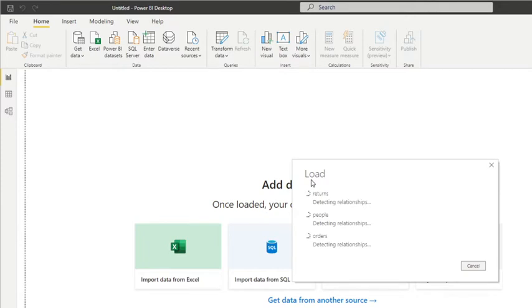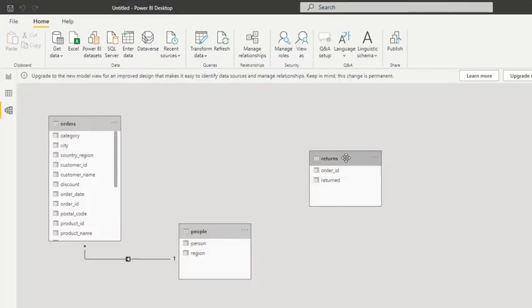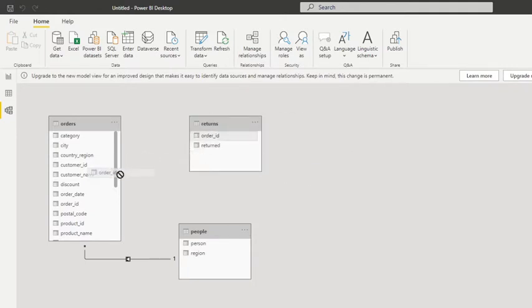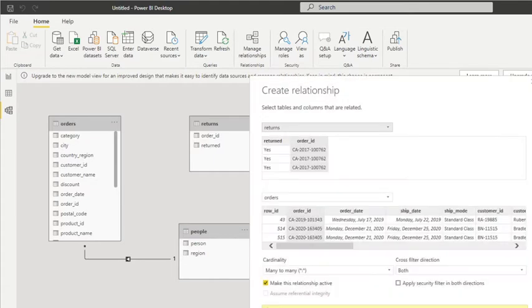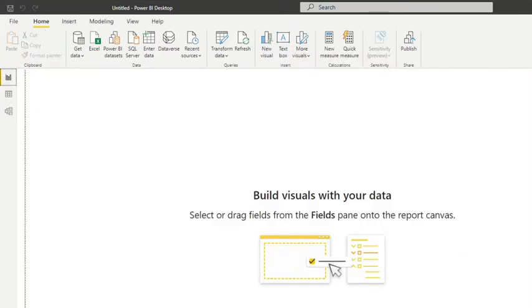All right, so as this loads here, we can go in and make sure that our data model is set up appropriately. We're actually not going to be using the returns table in this, so it is fine how it is. All right, so how to make this